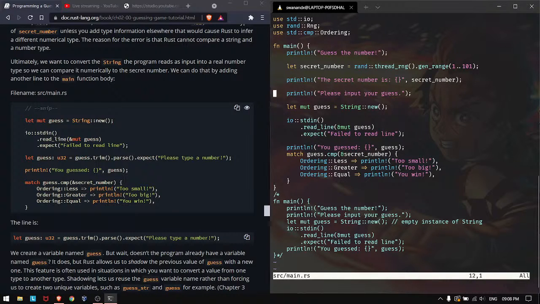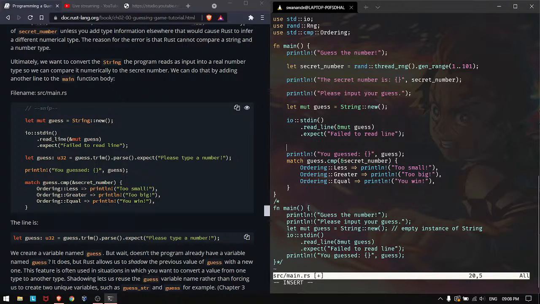After we take the input from the user right here, what we want to do is use the let statement again. Let guess with our u32, which is unsigned 32-bit integer. And what we will do is, what we read in the string, we will first trim it, that is remove the white spaces, new line and all those things which we don't care about, and then parse it. And if there is any error, expect, we will just say please type a number,